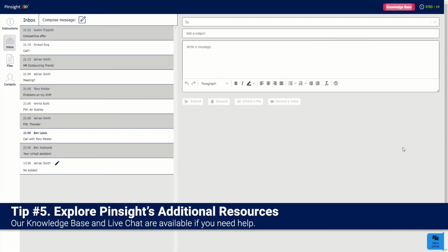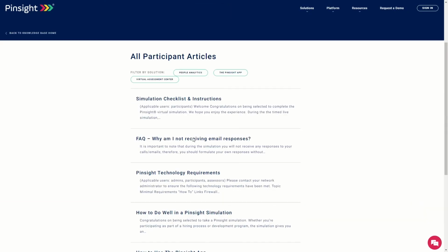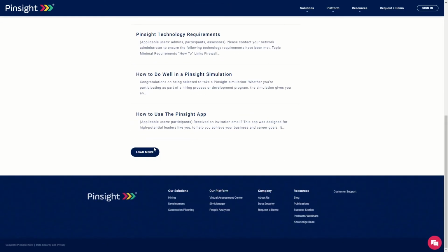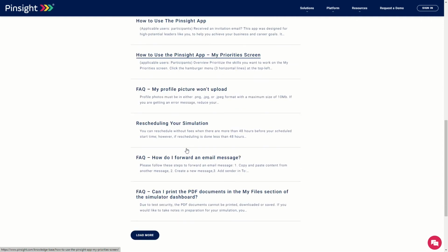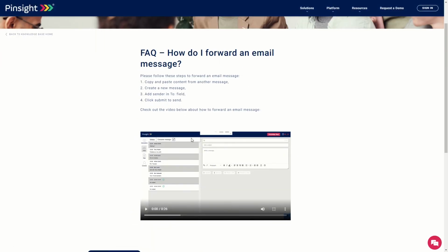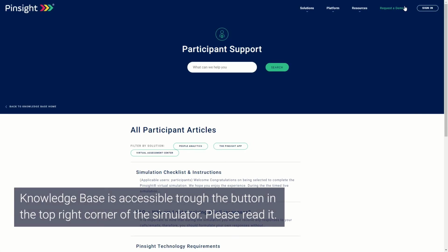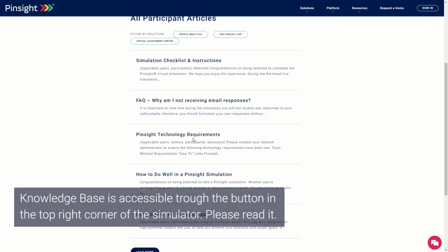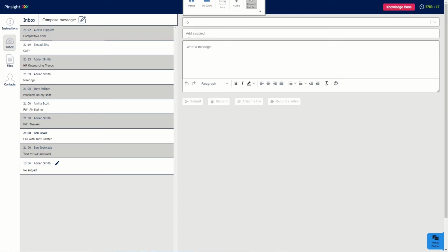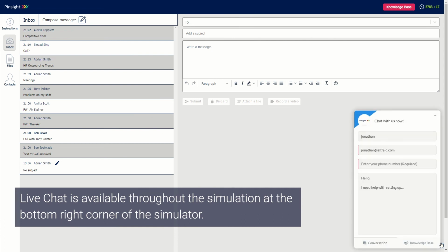Tip number 5, explore Pinsight's additional resources. Pinsight has additional resources that may be helpful as you prepare for your simulation. Take time to review these helpful resources before the day of your simulation. 1. Pinsight's knowledge base answers questions about the technology, the simulation, and a range of other topics. 2. Use the chat feature during the simulation to chat with a live person and get immediate help with any